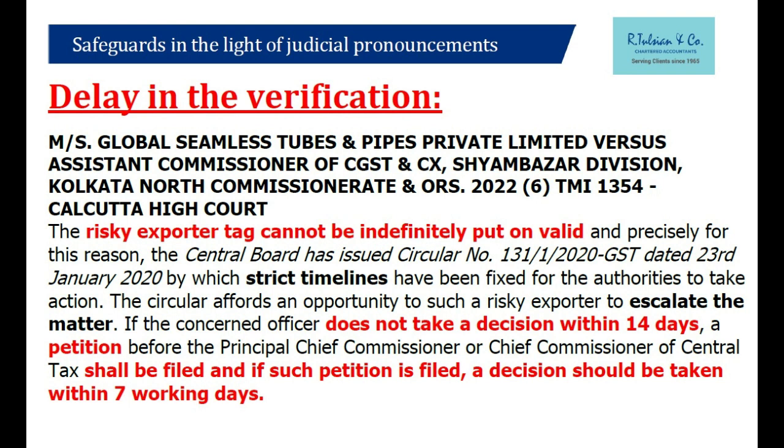I am convinced that you still are a risky exporter. But you need to have a proper trail, sir. You cannot just cry and say that, sir, I am a risky exporter. After 14 days you have to go to your jurisdictional officer. You have to say, sir, what is the verification report? I have submitted more than 100 documents. Please tell me. He said, I will need time. Go to a superior, additional commissioner, joint commissioner, write letters, make a case. Or if your case is very strong, you say that I have not done any fraudulent activity. Please file a writ. You will get safeguards, right?